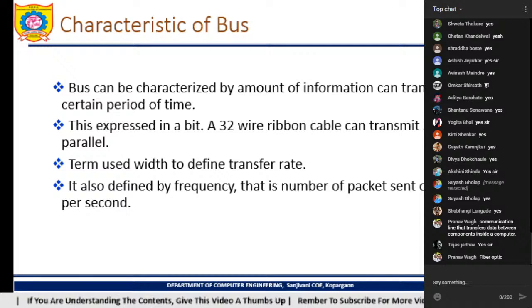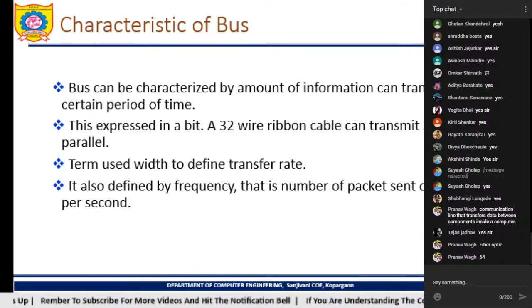So like from 2 to 4, 4 to 8, 8 to 16, 16 to 32. Now from 32 it has gone to, what is the double of 32? 64. From 64, 128. From 128, 512. From 512, 1024. Okay, so this is the conversion of data. Nowadays you can see 1 Gbps of data can be transferred.